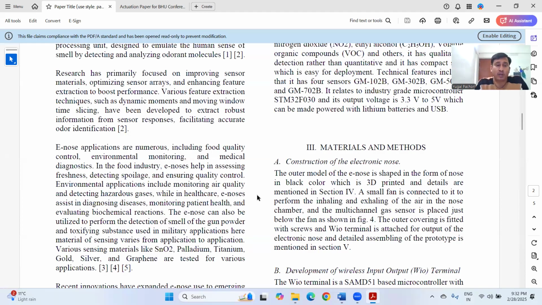So whenever you write a paper, you draft it, formulate it, discuss it with your guide, and make some corrections. Then you upload that paper as the first author or as a corresponding author. The word is corresponding author. When you submit the paper as the corresponding author, you are responsible for the entire communication. In that case, you are the first person to get the information about acceptance or rejection.